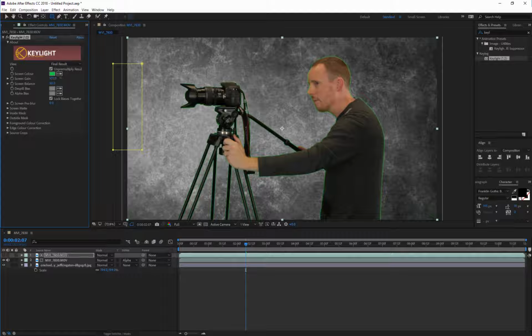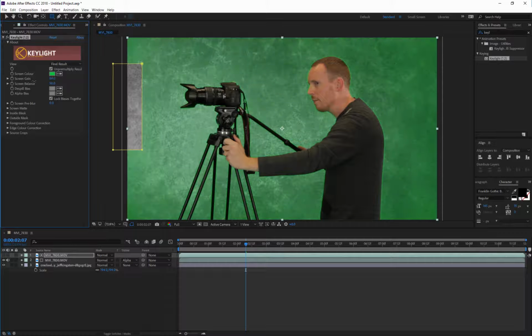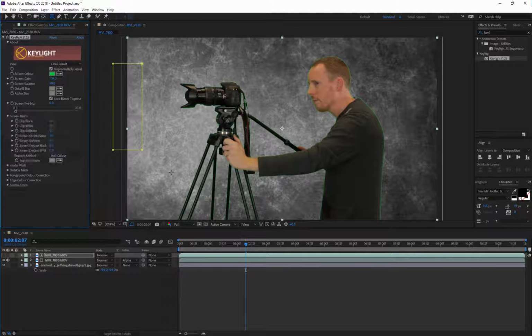Let's see what happens if I increase the gain. So you can see it's starting to eat away at the camera right there. So I don't want that to happen. Use screen matte. And I want to pay attention to my skin colors when I'm doing this. So I'll try source, hard color, soft color. I think source is sort of looking the best. Now let's try the clip white. That's doing it pretty good too, but it's also at the same time eating away at some of the camera